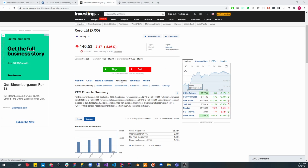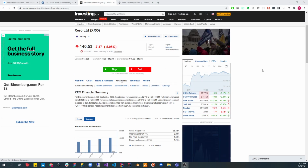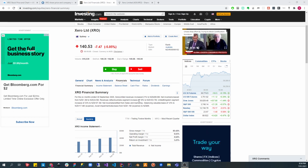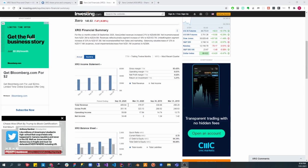Hi everyone, and today on this quick take we'll look at Xero Limited, which is on the Australian Stock Exchange. It's a software company that specializes in accounting software. Now let's have a look at its